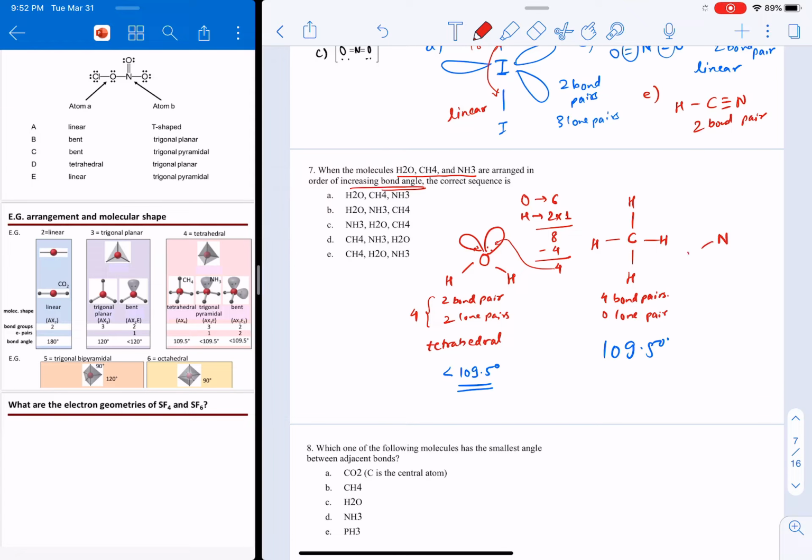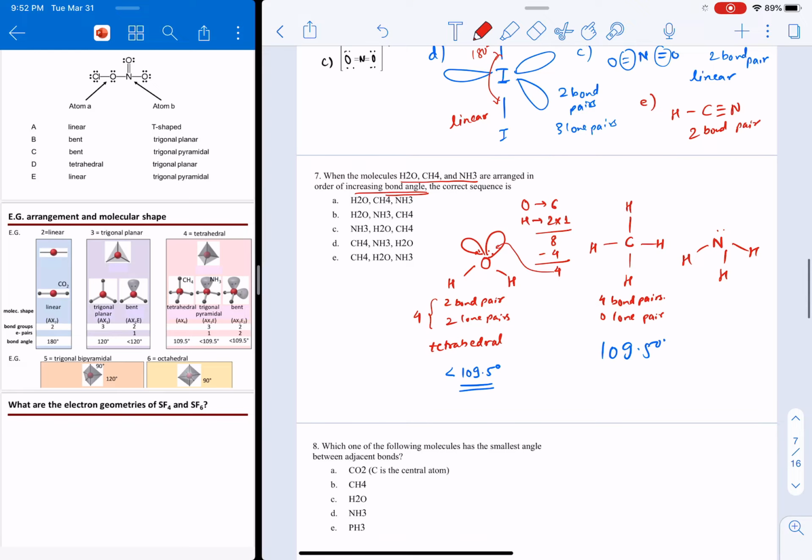And H, there is 1 lone pair. And if you see on the left side of the slides, NH3 forms trigonal pyramidal. It's tetrahedral, definitely. It has 3 bond pairs and 1 lone pair. So in total it is again 4. All 3 of them have 4 electron groups, but they have different combinations of bond pairs and lone pairs. So this will be forming something as